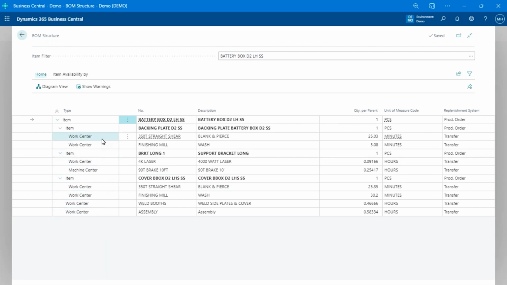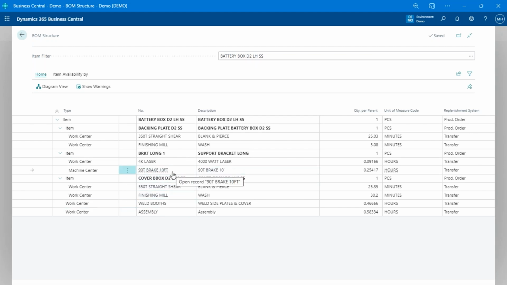So you'll notice everything here is scheduled at the work center level. For example, this laser cutter here. I've got a couple of different laser cutters in my facility, but I'm just scheduling at the work center level here, and the system is going to choose the best laser cutter to do that work on. Similarly with welding booths, right? I've got a couple of welding booths within the facility. We're just saying choose one to use, and the system will figure it out, and it's going to level load that equipment for me, right, to get the best possible schedule.